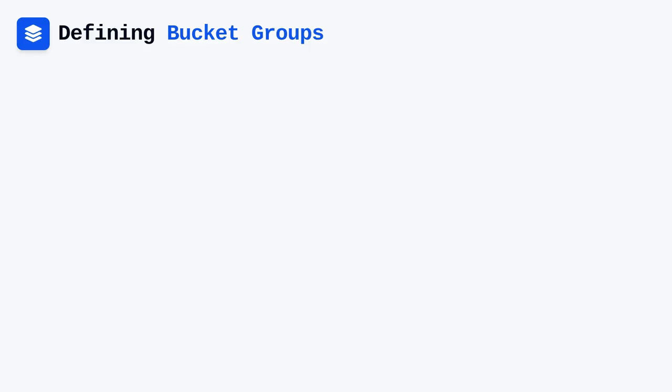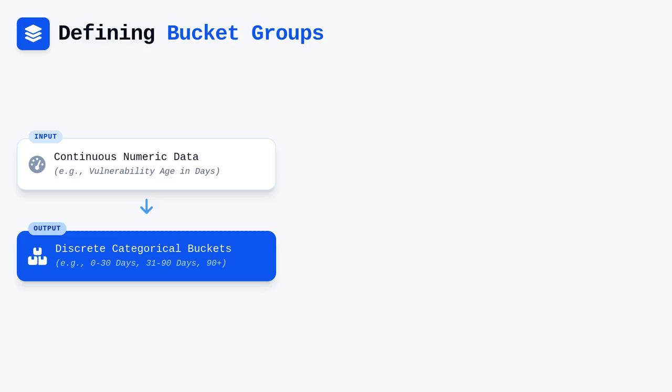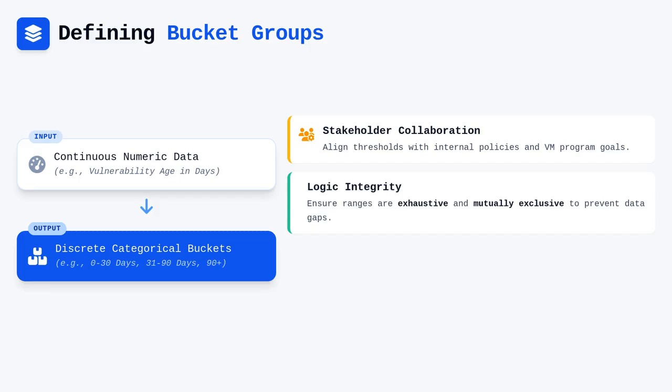Another essential component in this toolkit involves the definition of bucket groups to categorize numeric data. Using bucket groups transforms continuous ranges, such as the age of a vulnerability in days, into discrete buckets like 0 to 30 days or over 90 days. This is crucial for tracking metrics related to service level adherence or risk aging. Defining these ranges requires collaboration with your stakeholders to ensure the thresholds align with the internal policies of your vulnerability management program. When configuring the bucket groups,